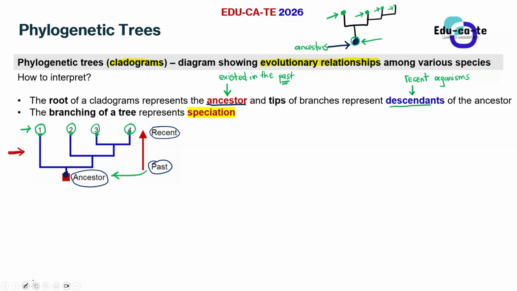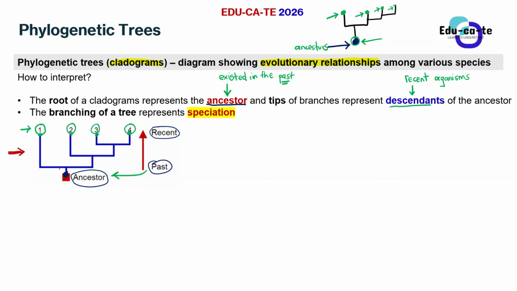So we start with one original population that is of the same species, and then maybe there is a geographic barrier that separates these two groups, right? And when they are separated, they undergo natural selection independently. That's how we explain speciation. Even if you mix the organisms at the end of the day, they will not be able to reproduce or breed to produce fertile offspring.